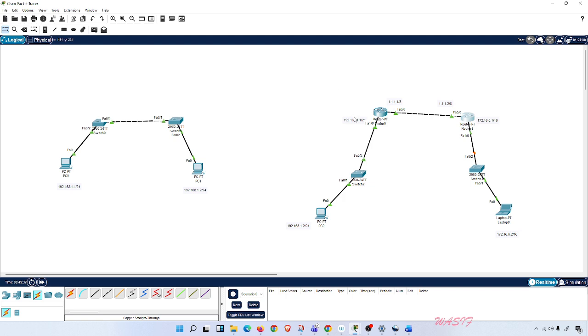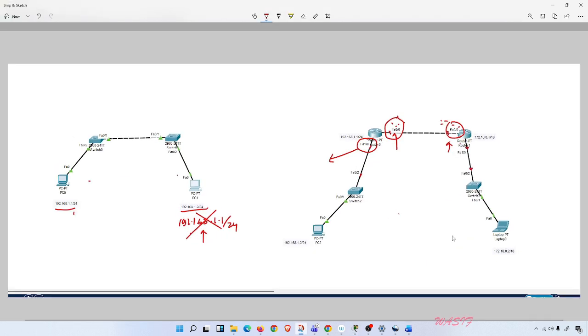Now very important, okay, so a few things that we need to learn about how to put the IP addresses together. First of all, just remember a switch cannot have an IP address. The only time the switch can have an IP address is on the VLAN interface. This is the first thing. Okay, now the second thing is,